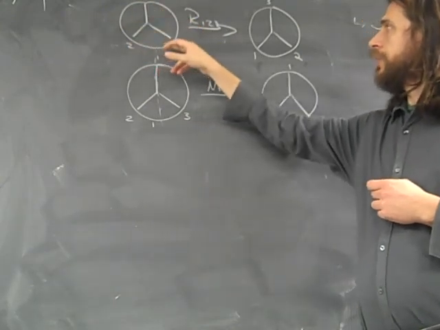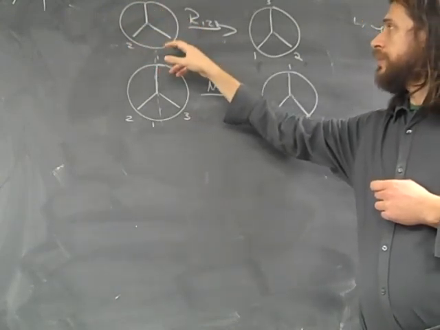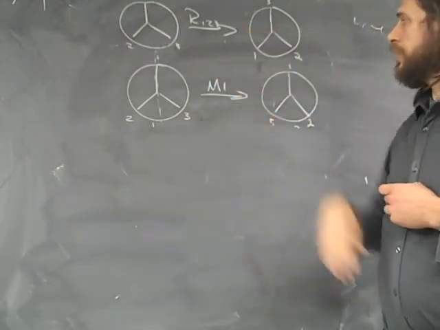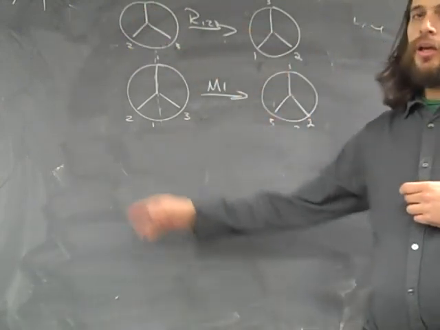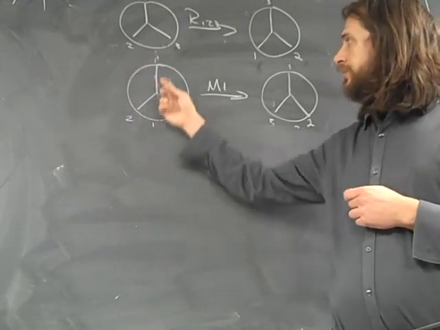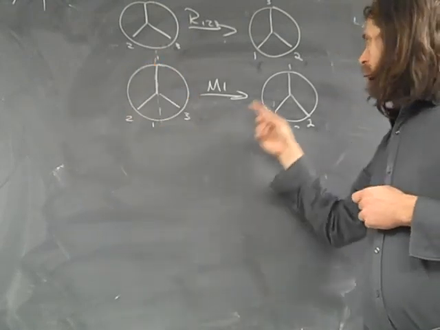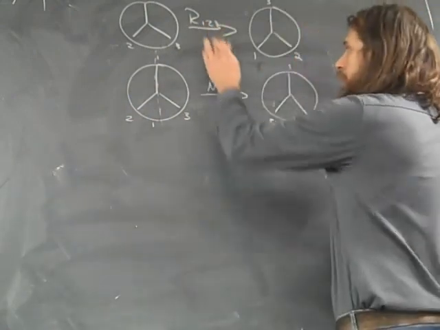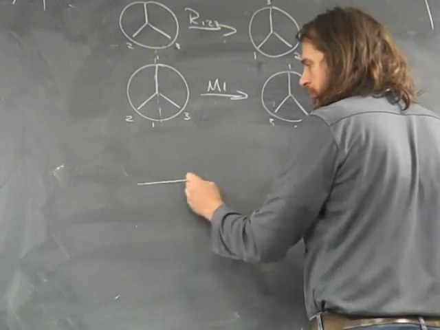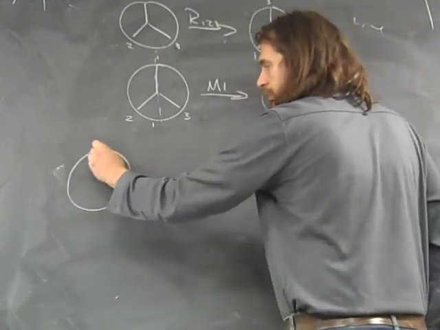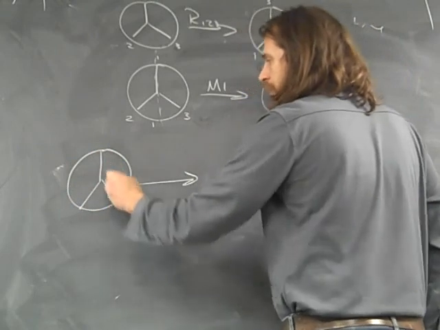R120, a rotation of 120 degrees in the counterclockwise direction, taking 1, 2, 3 to 1, 2, 3, and M1, which is a reflection over this line of symmetry, taking 1, 2, 3 to 1, 3, 2. Now, I'm going to take these two existing functions and I'm going to make a new function. Let's see the process. I'm going to first